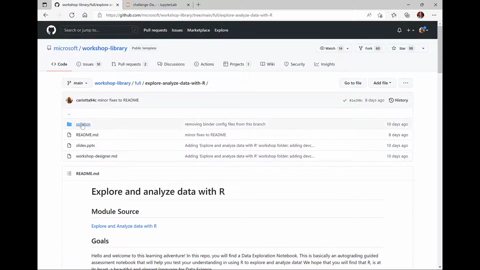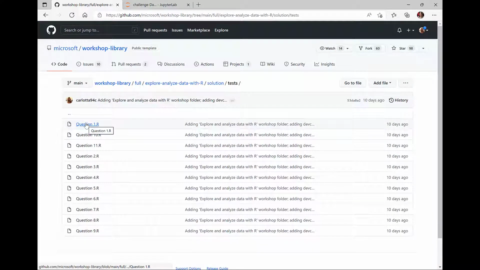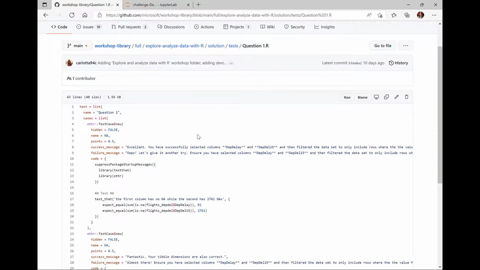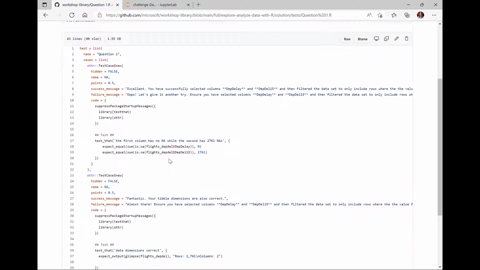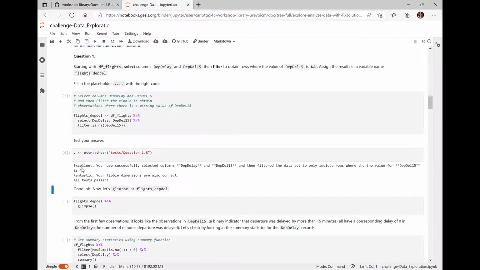So going back to the solution folder and then the test folder and opening the question R check test script, we can see that this type of check has been performed. So we are checking that the first column has no not available values, no missing values, while the second column has 2,761 not available values. So that's why I'm getting here